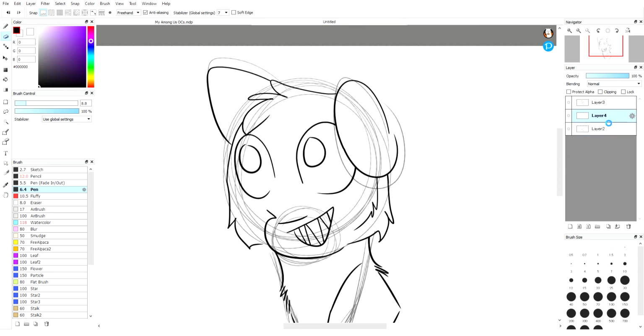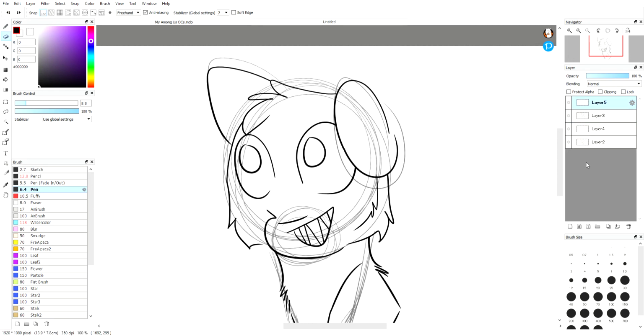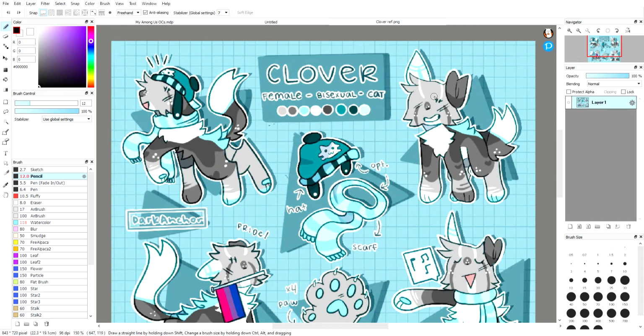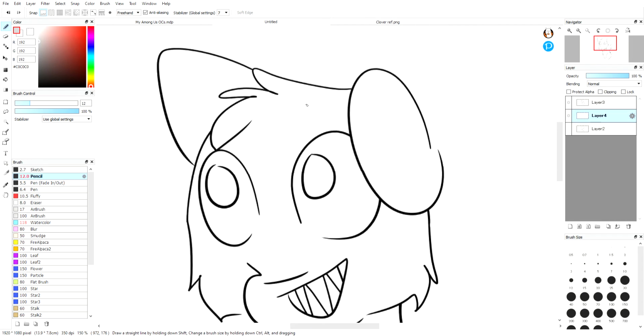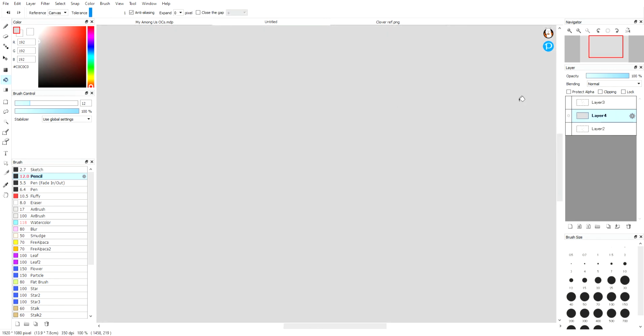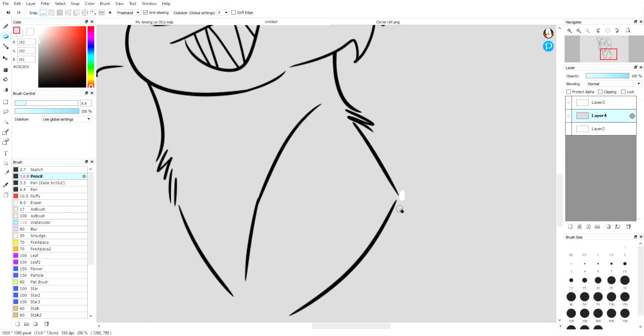I can make this look so much better, but no. Alright, I gotta find her. There's right here. This is my friend's character. So you can see, it's Clover. So then, do that. You have to,